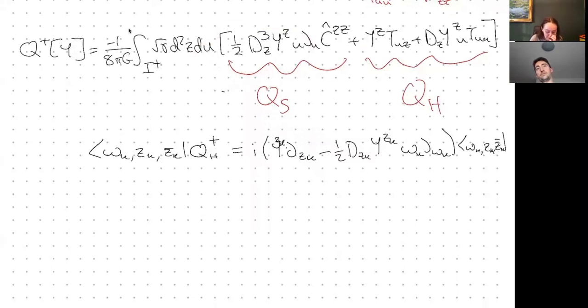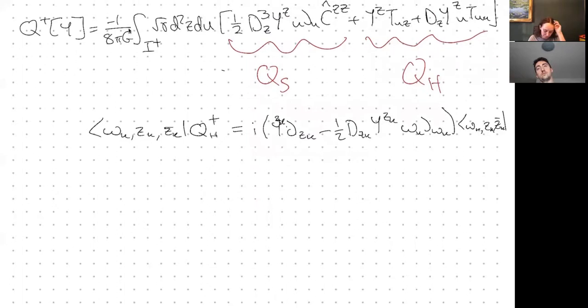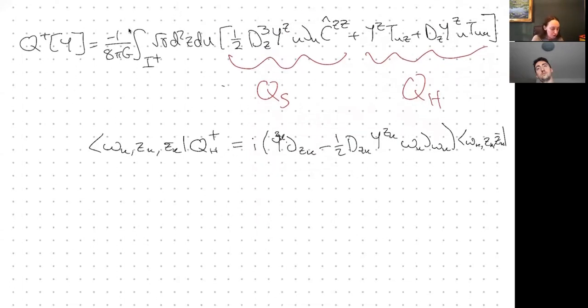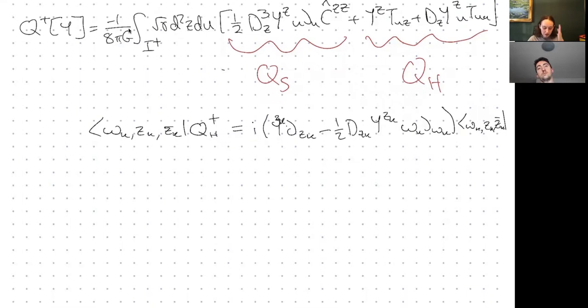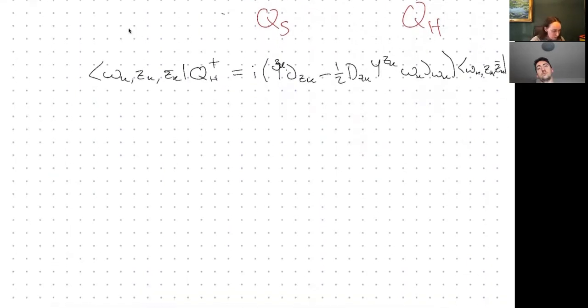So for this guy right here, I can essentially plug in my C hat ZZ as I had before, and then do this U integral. So hopefully I wrote it down last time, but definitely in the section that we reviewed quickly, we had the following statement. We had that the saddle point approximation was giving me essentially the ability to interpret the large R limit as localizing the momentum direction towards that point in the celestial sphere. So what I had before, and I'll write it now in terms of C because we've introduced the metric since then, is that I have C ZZ